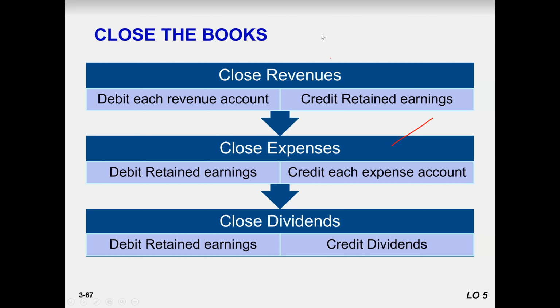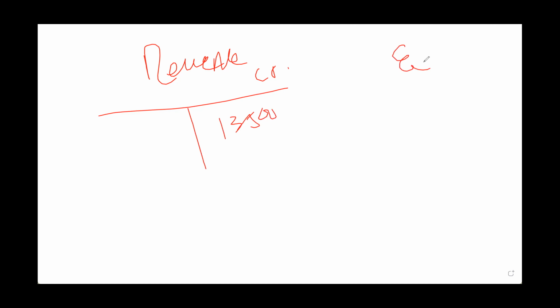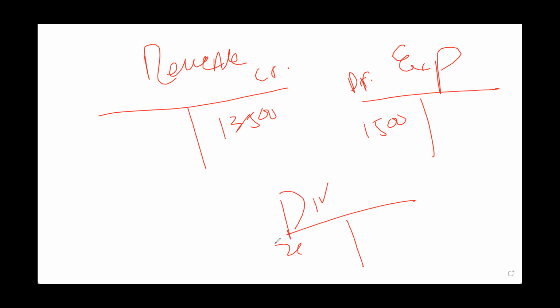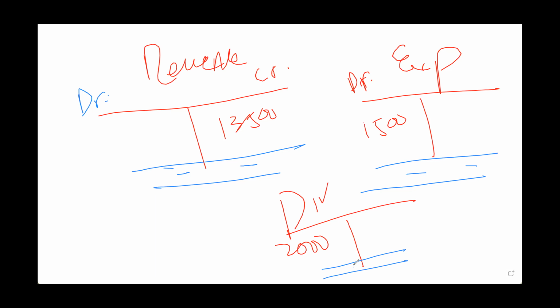Okay, we just fixed our problem here. So let me just show you what we were discussing. We were discussing that the revenue has a normal credit balance, and then expenses, for example, a debit balance. The normal balance is 1,500, and we have dividend. The normal balance is a debit balance, it is 2,000. So all we need to do is adjust. If we want to close it down, which means there is no balance here, there is no balance here, there is no balance here, then we need to make the reverse entry so that the balance